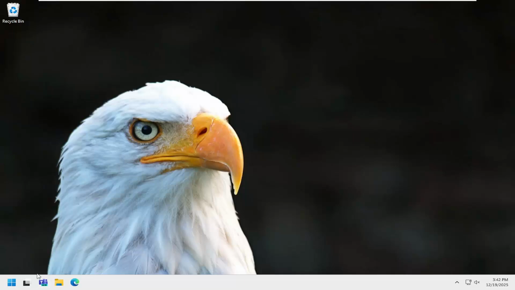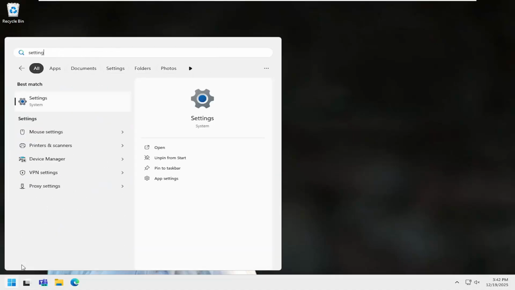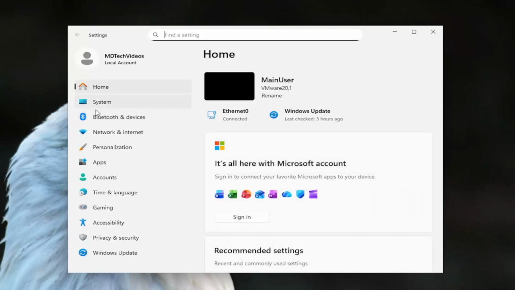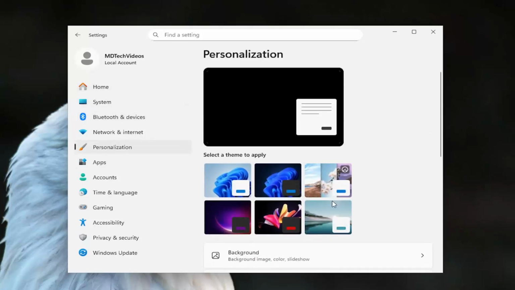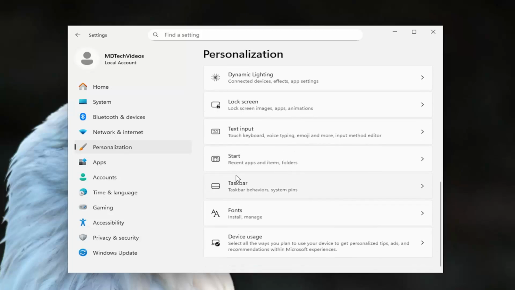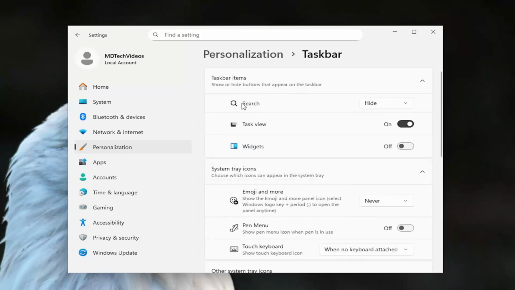So all you have to do is open up the search menu, type in settings, best result, come back with settings. Go ahead and open that up. On the left panel, select personalization. And then on the right side, scroll down and select where it says taskbar. And at the top where it says search, if it says hide, click the drop down and select either search box, search icon only, search icon and label, or just a search box. So you should see it appears down now in our taskbar now that we've enabled that setting,